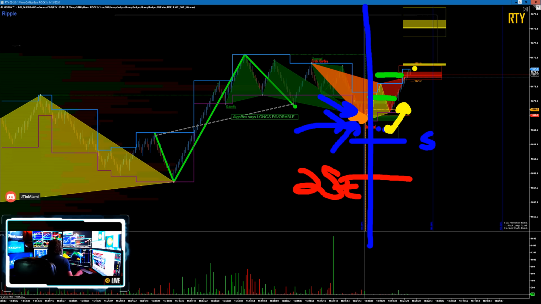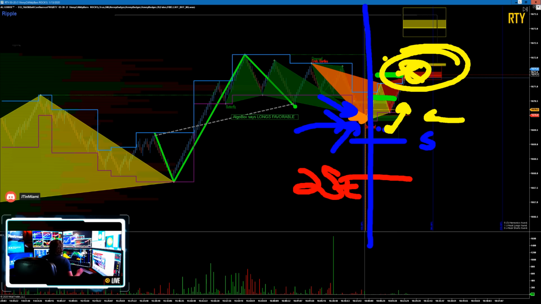What's my target? Well, in this case, on my runners, I'm going to take off half my position right here into the red, right? I enter on a green, exit on a red. Now, this is a little more complicated. We'll talk about that. But if you are trying to maximize when you get to your final 40 days,